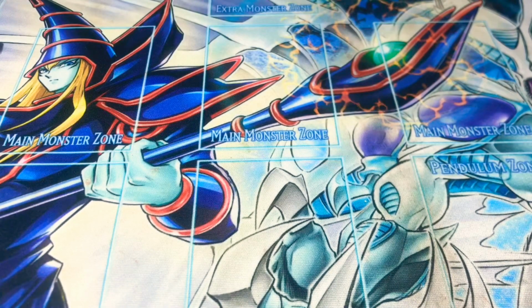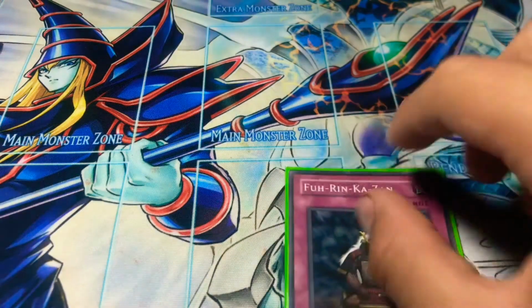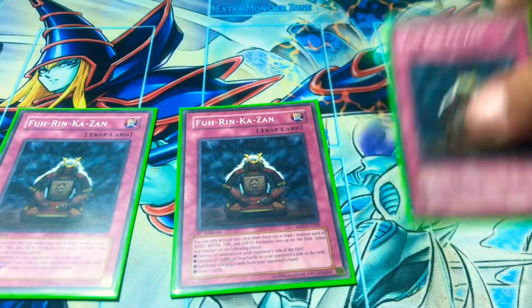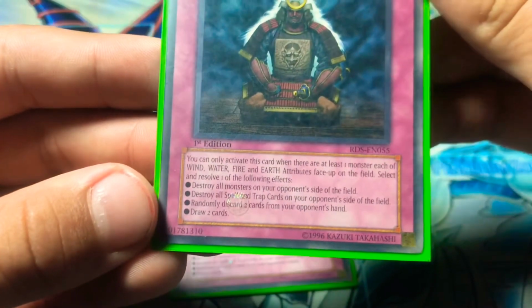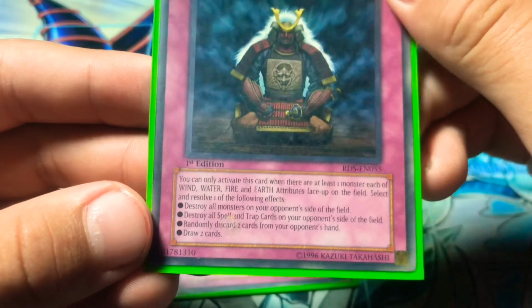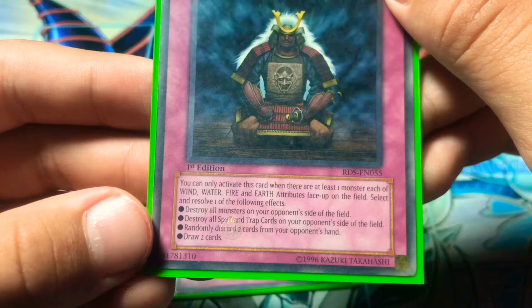Now on to the trap cards. I only run 3 trap cards, but I think it's a very good card to spice it up. I don't see a lot of builds running it, but since you have so many different attributes, I'm running 3 Furin Kazan. In case you didn't know what this card does, if you control a wind, water, fire, and earth monster on the field, which is very easy to do in this deck, you can do one of these effects,